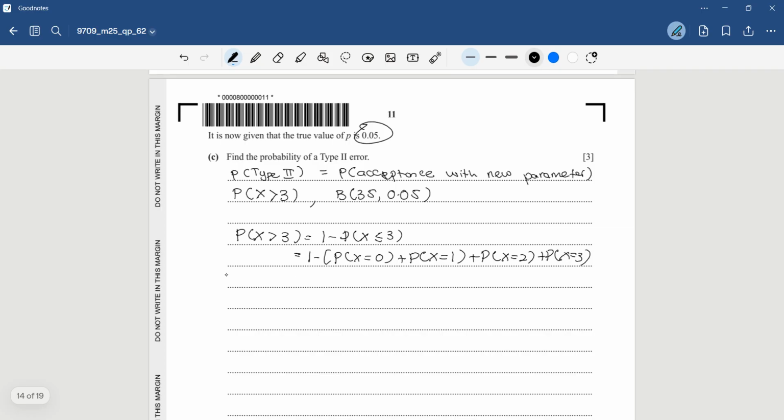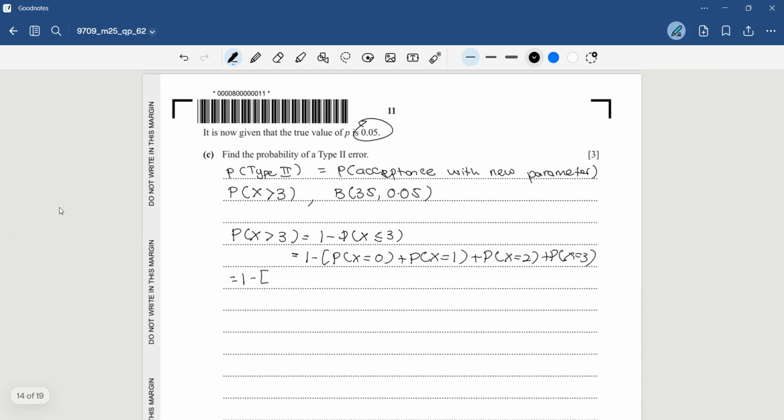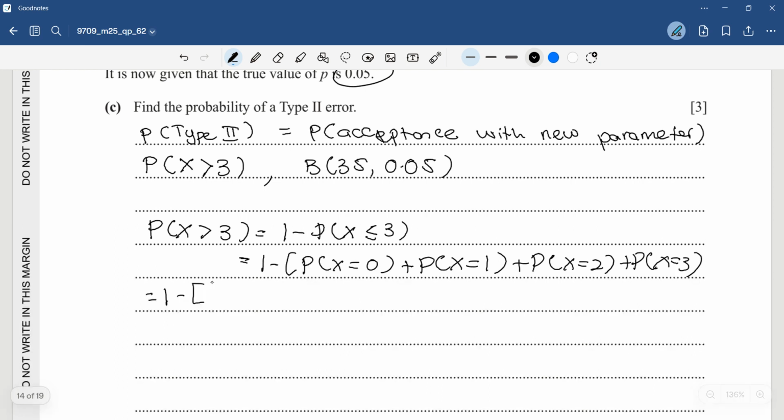So which is going to be 1 minus, yeah, maybe I nudge this, 35C0, and now my new probability is 0.05. So it's going to be 0.05 power of 0, 0.95 power of 35 plus 35C1, 0.05 power of 1, 0.95 power of 34 plus